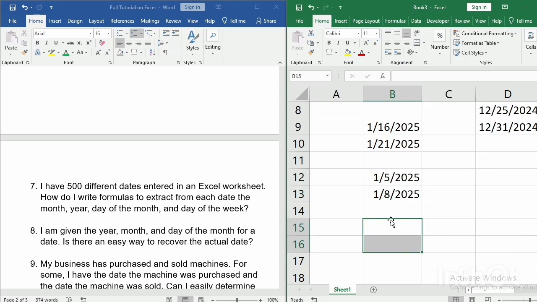So that she has some dates. All she wants is to extract the month, the year, the day of the month, and the day of the week. So we can do this for our problem. So let's extract the day. You want to extract the day, you say equals to